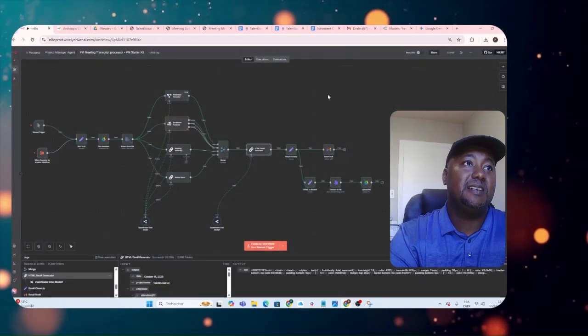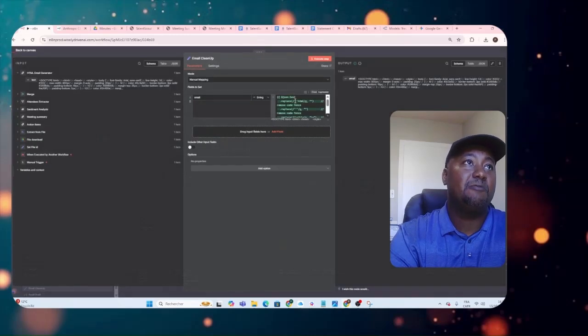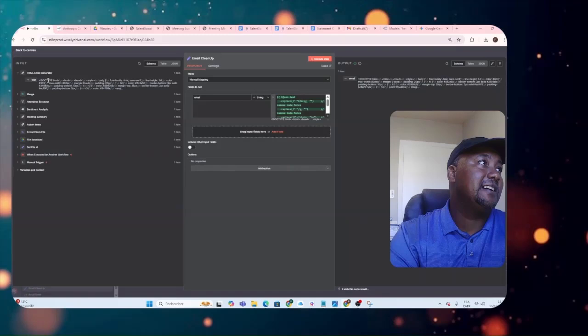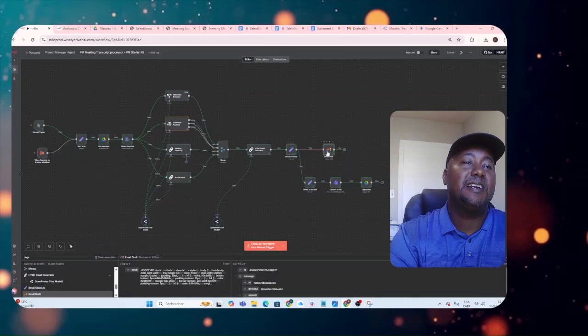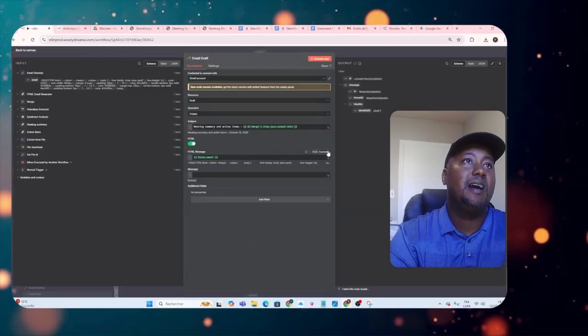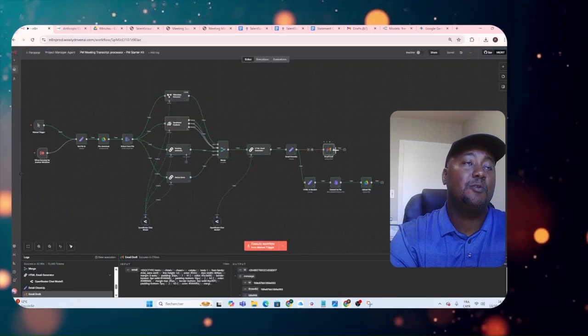Once the email is generated, I have to clean it up by replacing some strings here. I don't know if you can see them, but there are some strings that I need to replace in order to get a clean HTML to pass over to the next node, the email node. Then I send it to the email node and I provide the date of the meeting. I provide this information from the merge node, and then the content of the email that comes from the cleaned up email. So this is what is used in order to create a draft email